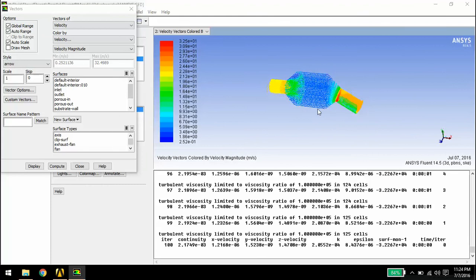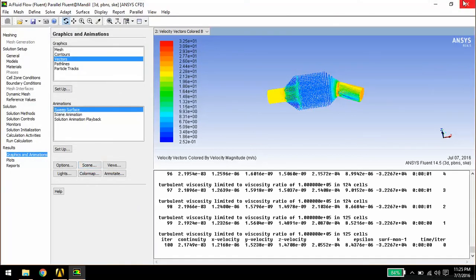So you can see the velocity vector of the converter now. As you can see, the velocity is decreasing in this region and velocity is very high in this region. So I'll cancel this.